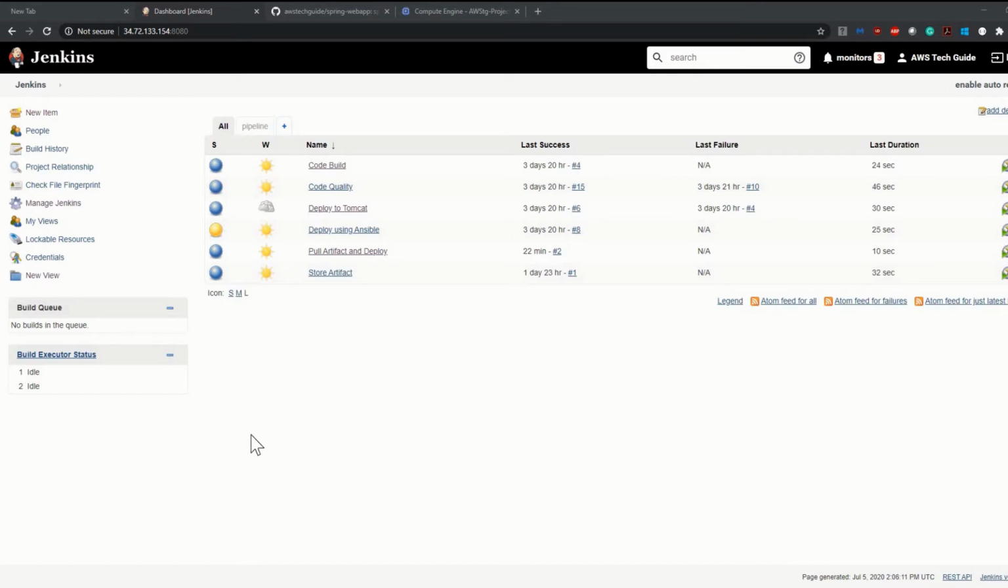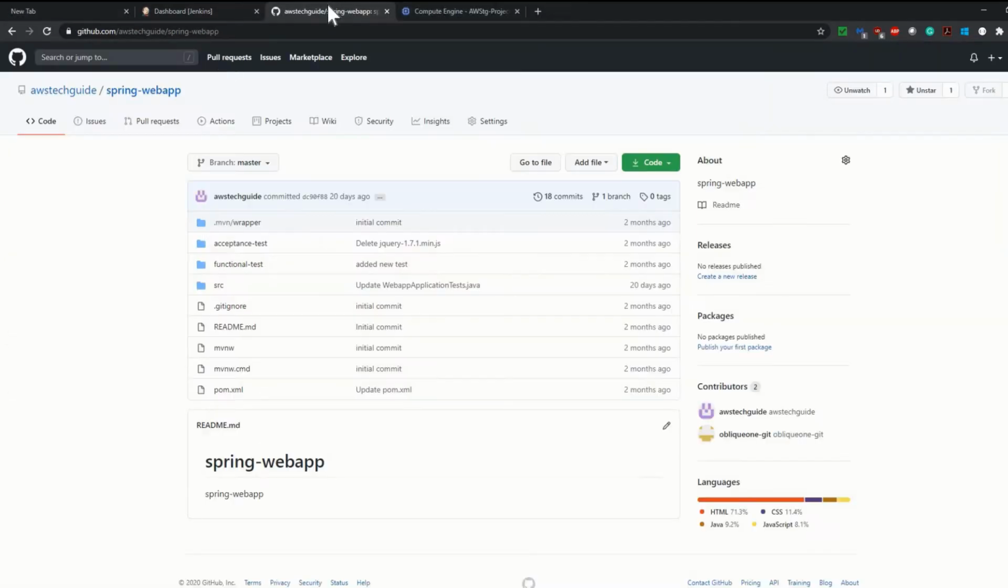Today I will show you how to create webhooks and integrate with Jenkins. As a prerequisite, you should have your Jenkins up and running and you should have one account in github.com. So as usual, I am using my GitHub repository, which is